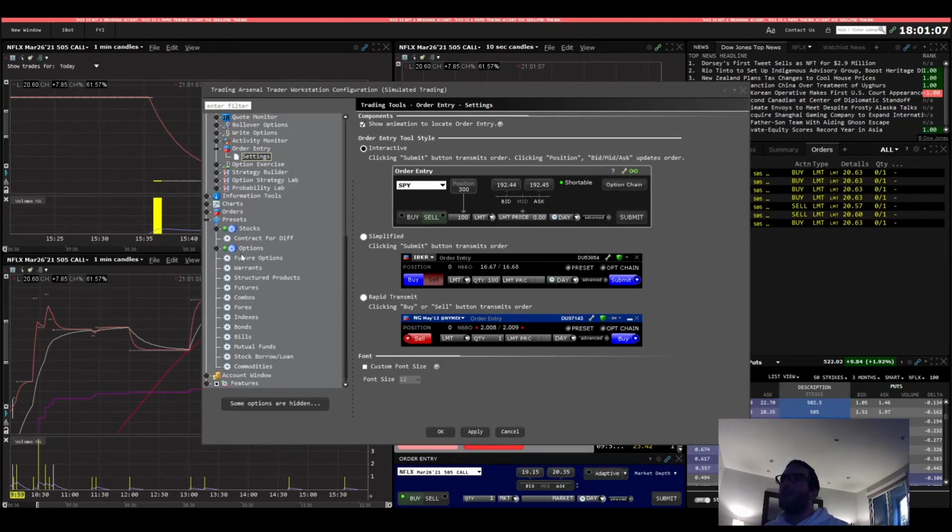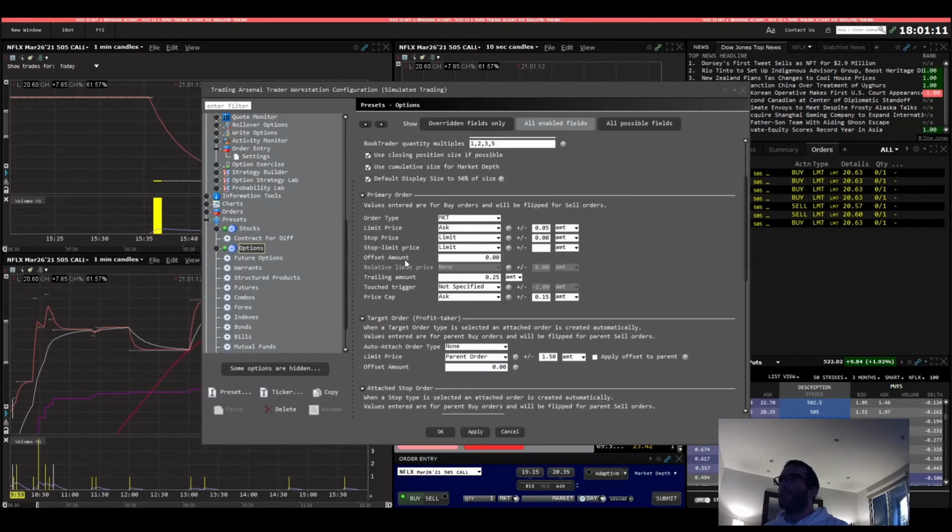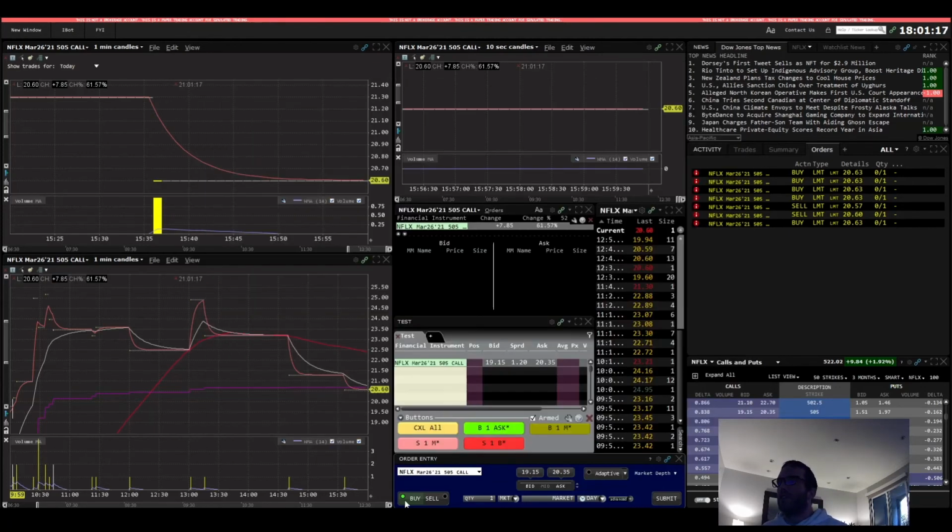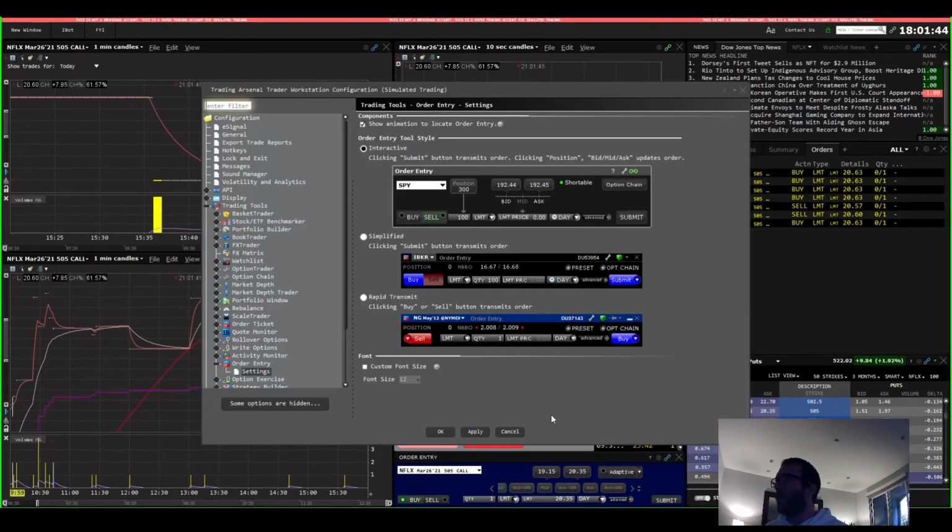I mean, you can have this preset, but then it's a lot of work, like if you change your mind, I want to do limit, okay, I do limit, and then I gotta click here for that price, or you have the percent of the spread, okay, I can go get in 30% above the ask, the difference in the spread. I mean, I tried that way. I also tried having like a dozen of these order entry windows. Like I made them really small, so I did this one,